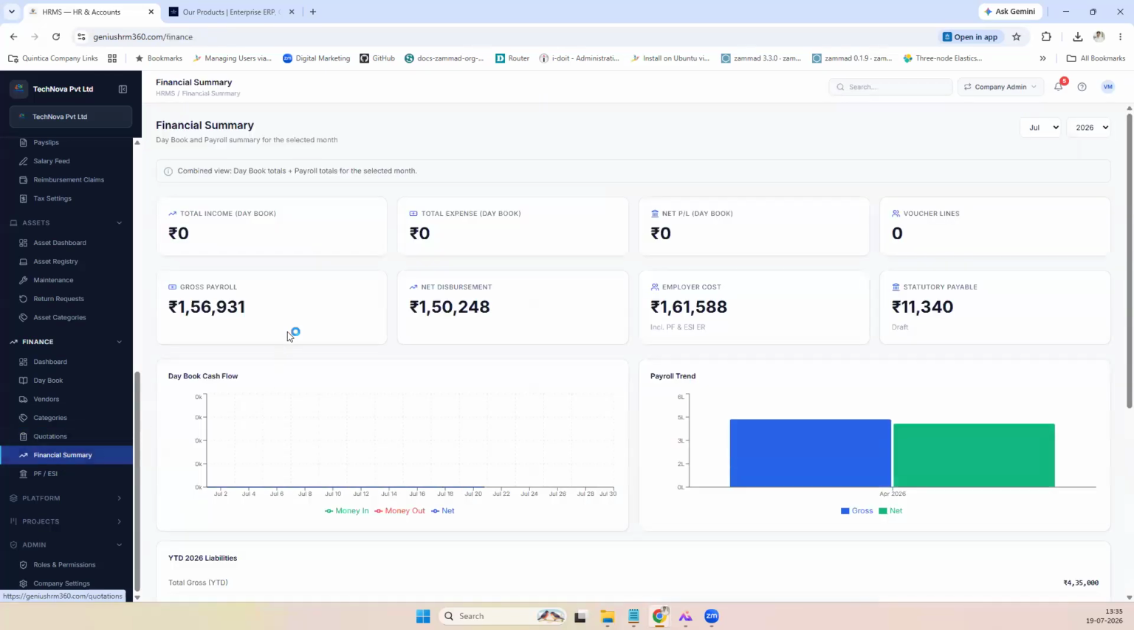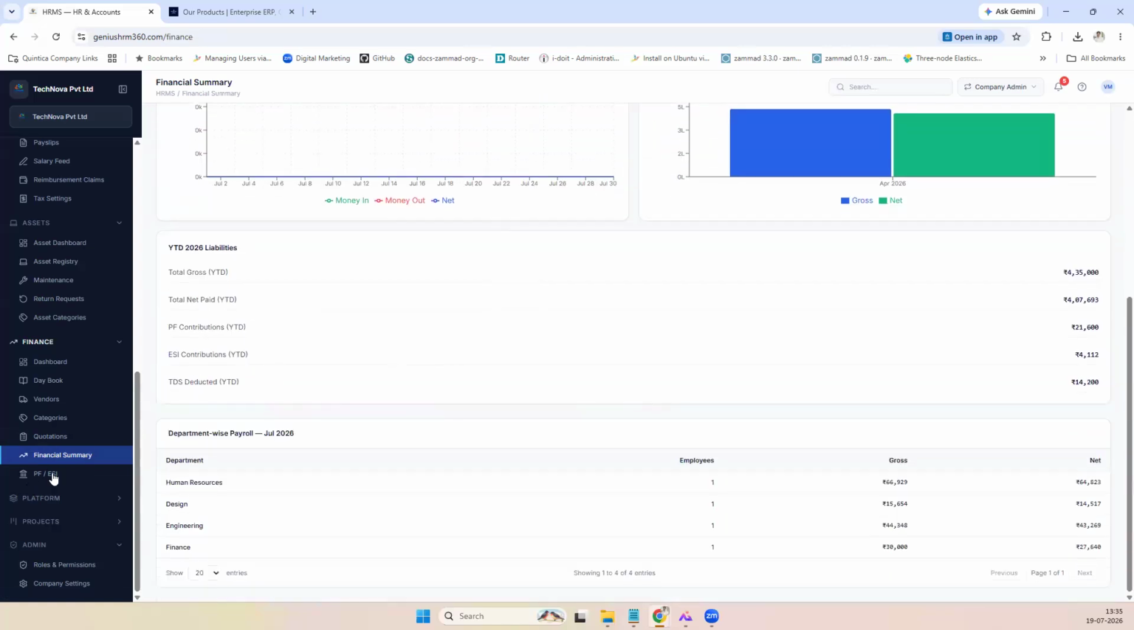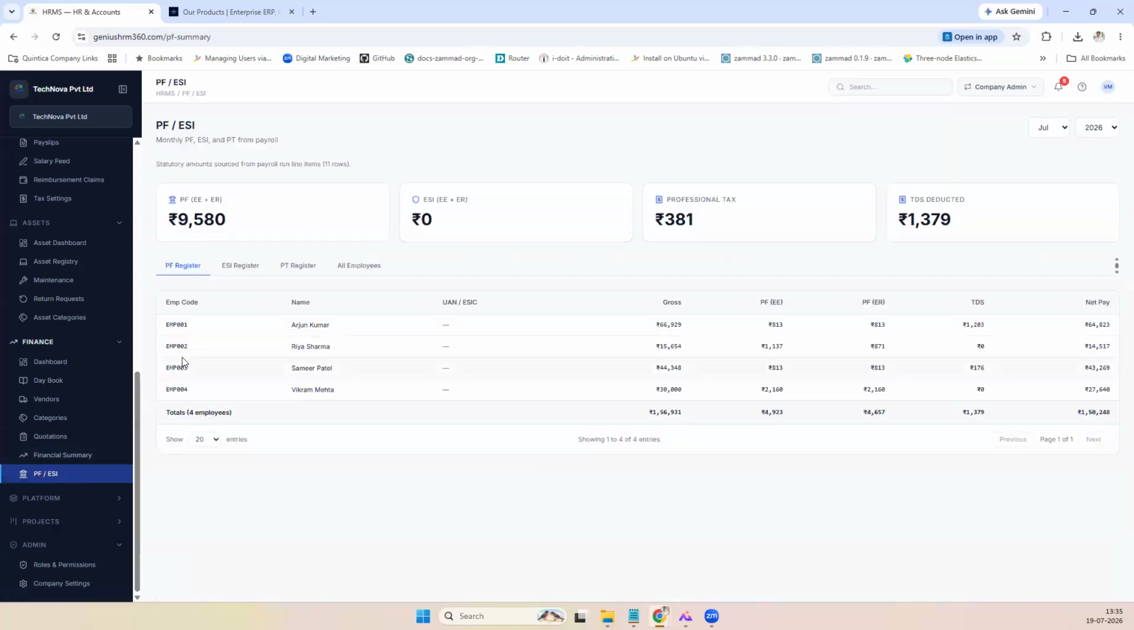A financial summary is nothing but expenses, income, profit and loss, vouchers, gross payroll, net distribution, employee cost, stationery, payable. All those things can be seen here. In case of PF and ESI, which we are paying, each month-wise, how much we are paying each employee as PF, ESI, TDS, all those things